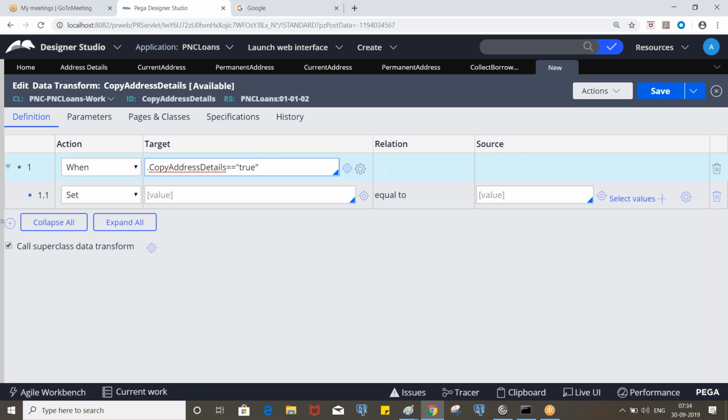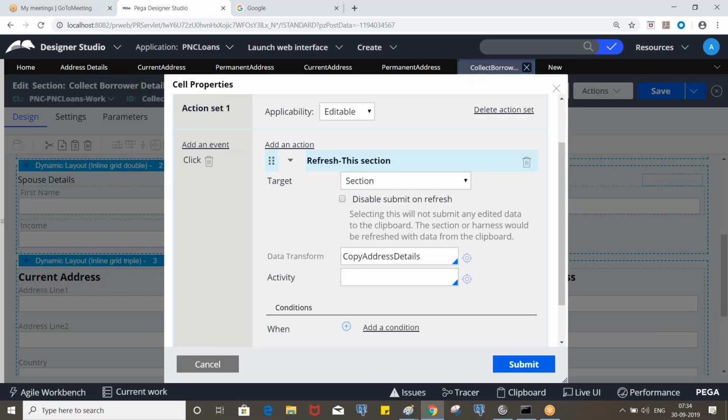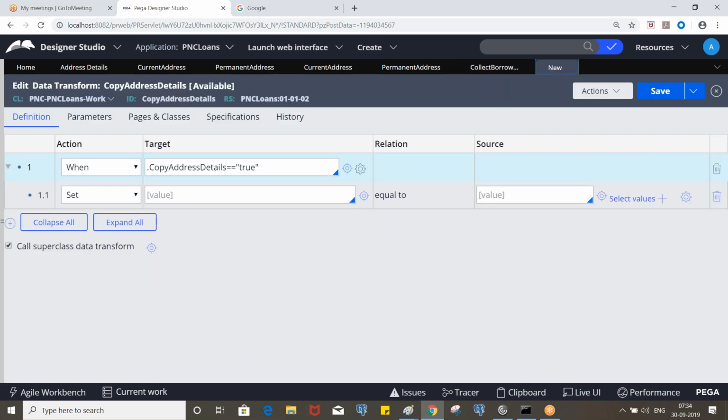How did you get to this page? This is the data transform rule form. That's what I told, right? We need a data transform for this, so that is the reason we created it from here itself. This is the crosshair icon. When you click it, the corresponding rule will be opened if it exists. Since we do not have that rule, we are creating it. Is it understood? Yeah. So now first we are checking whether the checkbox is true or not.